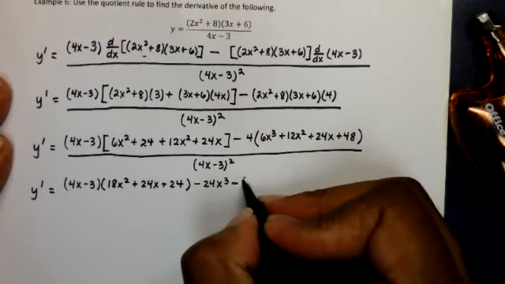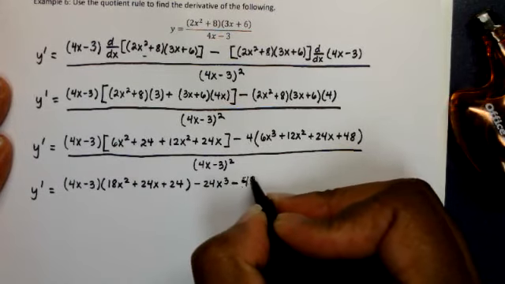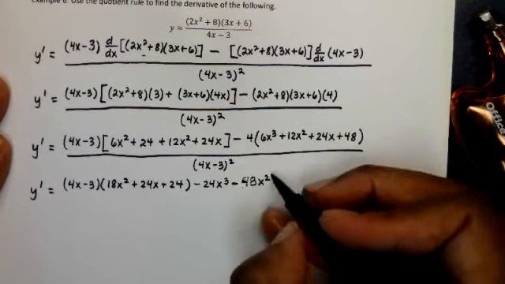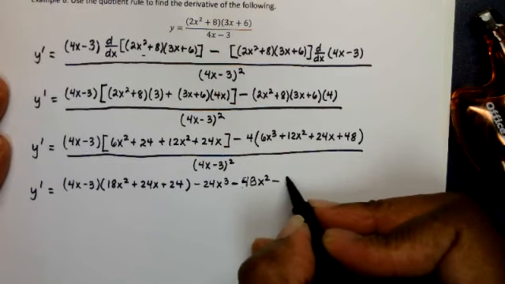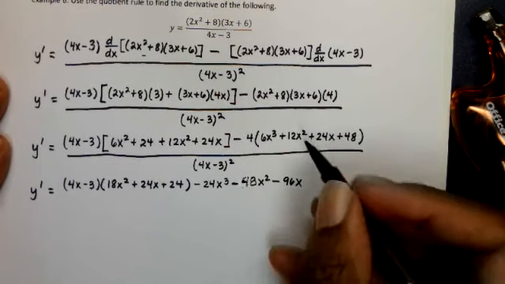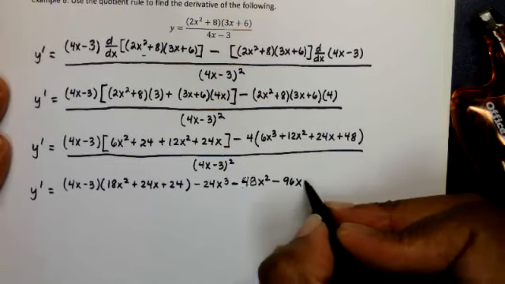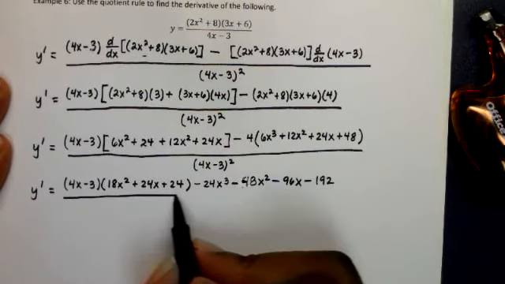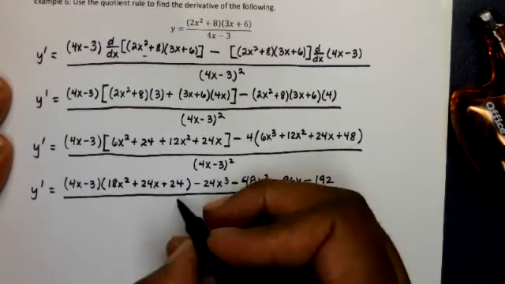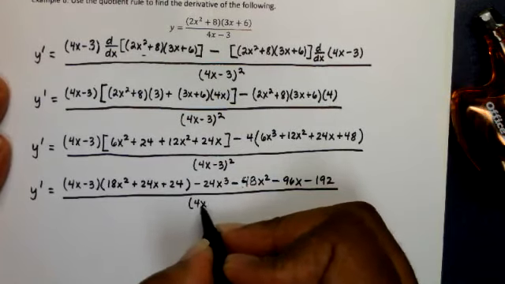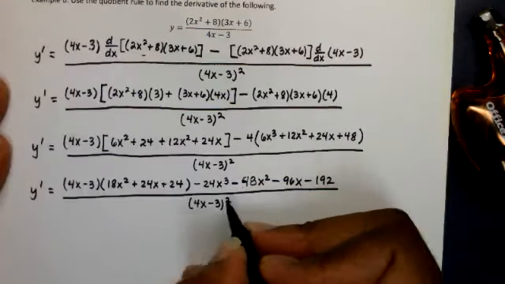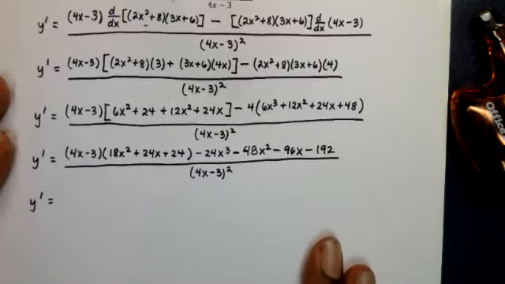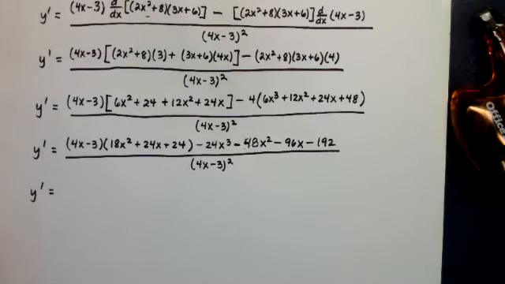And then minus 4 times the plus 24x would be minus 96x. And then minus 4 times the plus 48 would be minus 192. All over 4x minus 3 quantity squared. Continuing on,